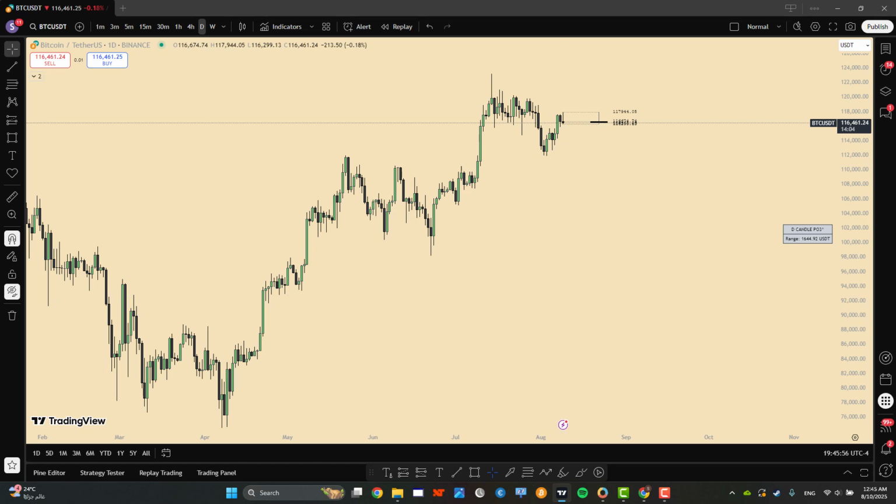Now, if we talk about lower time frame liquidity pools, those that we can see from the 15-minute all the way down to the second charts, we can have the pre-market high and low, we can have internal range swing points, it can be the day low or the day high, especially the day low and the day high. A lot of times price comes back and attacks that high or that low, especially if it's not aligned with